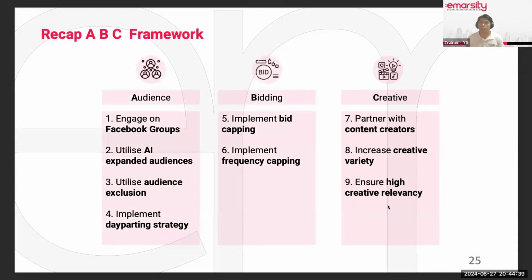Okay, with that, I have shared 9 tips that will help you improve your paid advertising, reduce your media cost and sharpen your media spend. Number 1 and number 7 are free. Number 1 is about going to a Facebook group and posting your marketing message or promoting your product or service. Number 7 is not entirely free, but in a way you are getting content and exposure for free by having the content creator utilize your service or product.